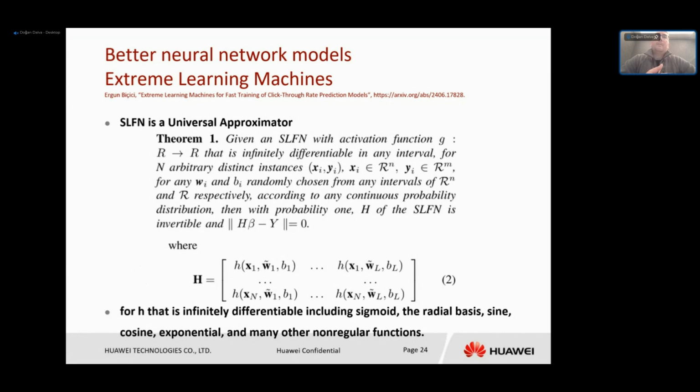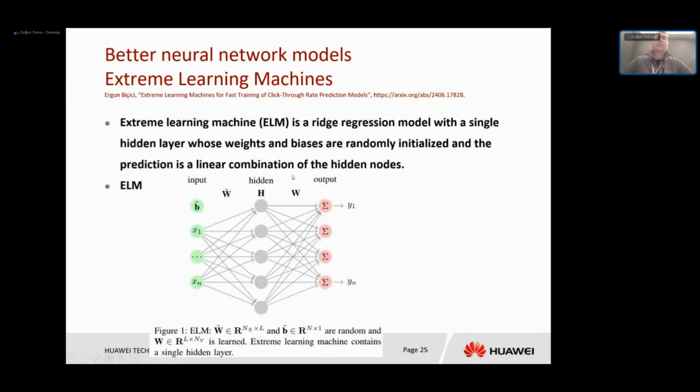And the activation function is not very specific. It's very general, because we can use sigmoid, radial basis, sinus, cosinus, exponential, and many other non-regular functions. So this is a general procedure. And extreme learning machines is based on using SLFN as a learning basis. It's a ridge regression model with a single layer, as shown in this figure,